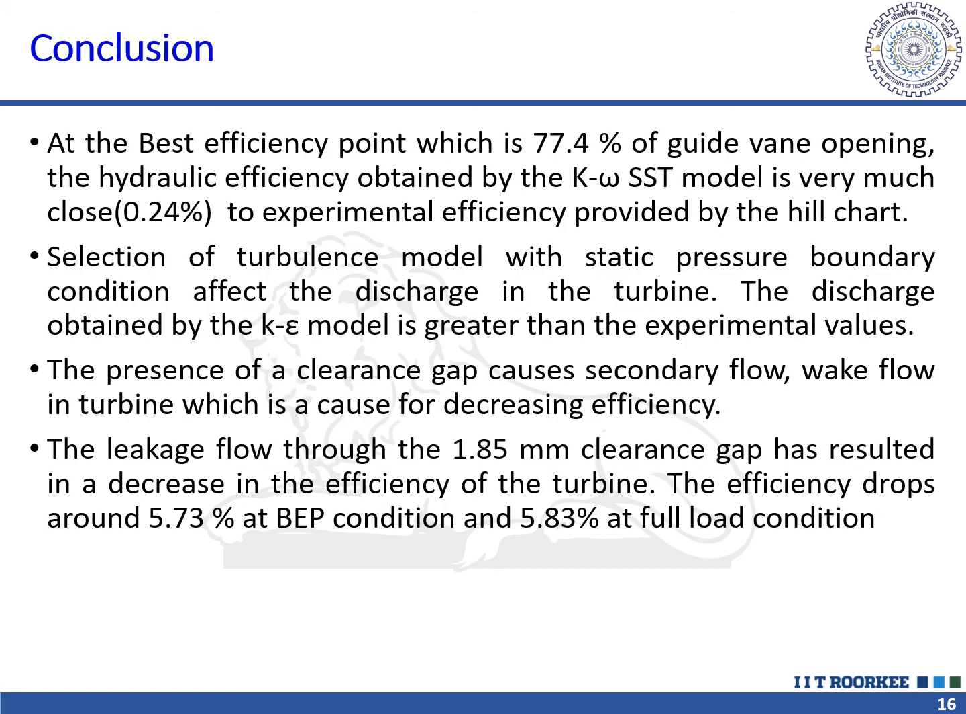A numerical simulation has been done with two turbulence models, the K epsilon turbulence model and the K omega SST turbulence model, at different operating conditions. At the BEP point, the hydraulic efficiency obtained by the K omega SST model is very close to the experimental efficiency provided by the ILSAT. And by taking the pressure inlet and outlet boundary condition, the selection of turbulence model also affects the discharge in the turbine. The discharge obtained by the K epsilon turbulence model is higher than the experimental value,